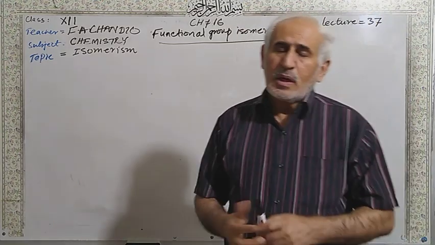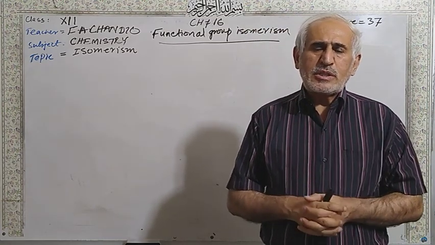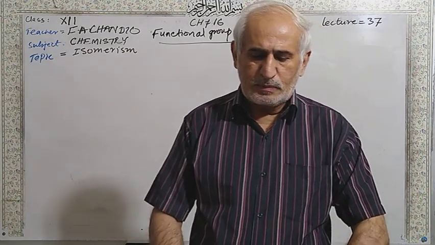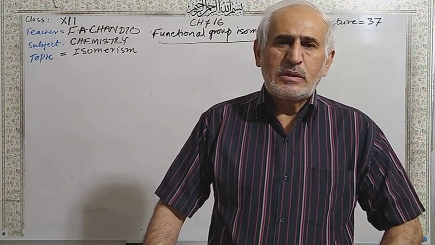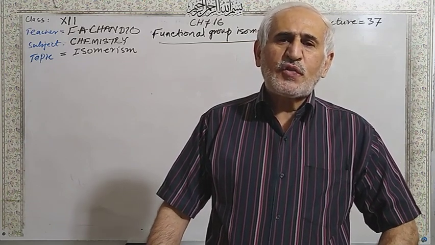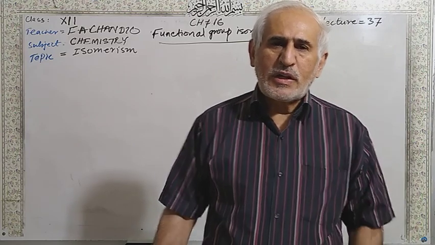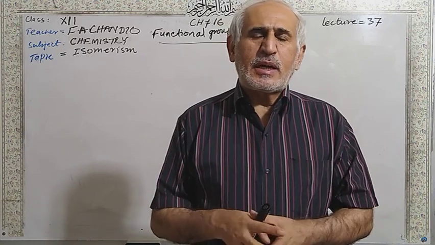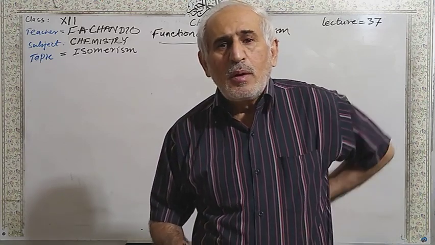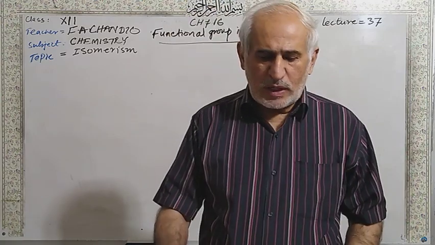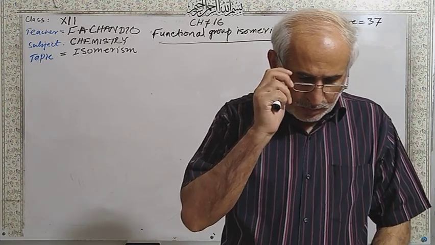Dear students, in functional group isomerism, the organic compounds have the same molecular formula but different functional groups. When the functional group is different, all physical and chemical properties of the organic compounds are going to be different, but the molecular formula is the same. So examples are given here: acetone,